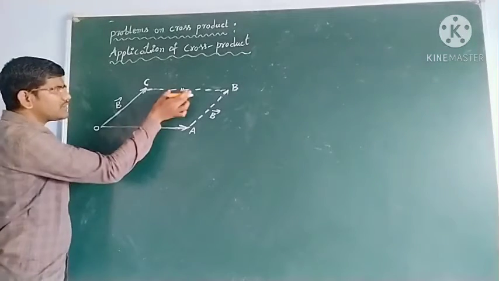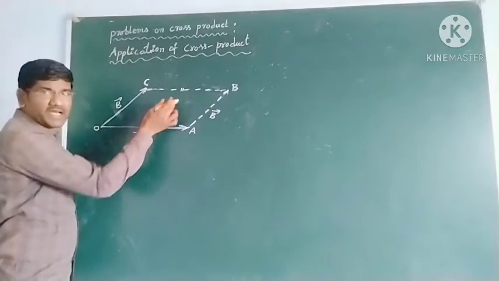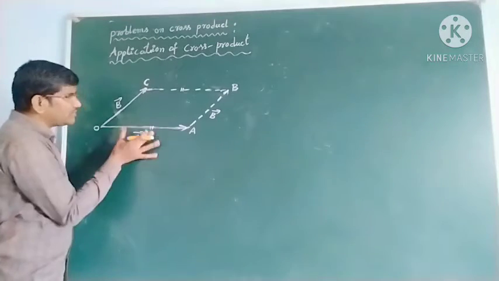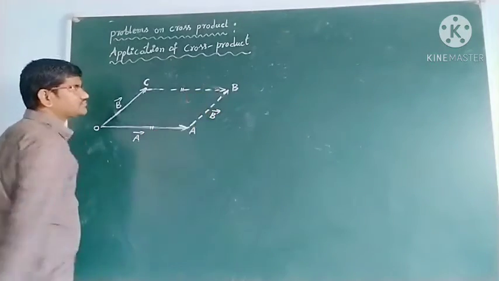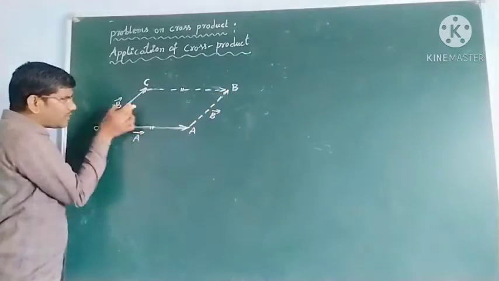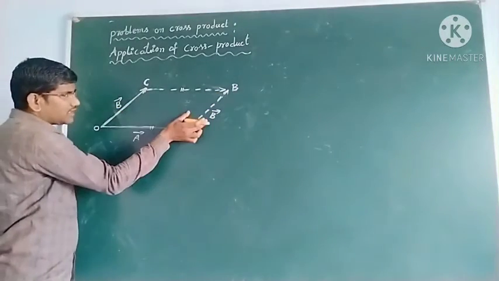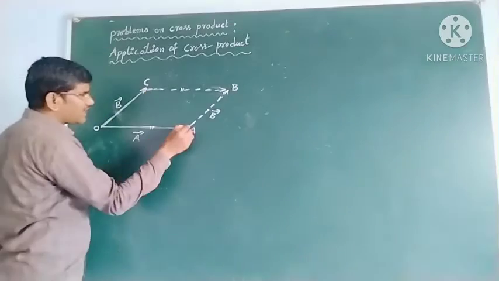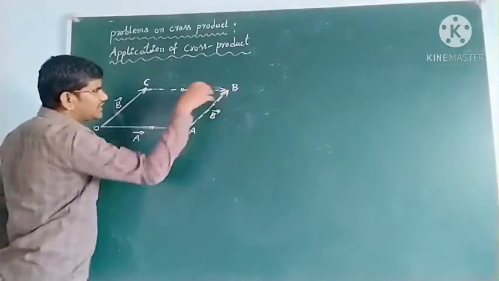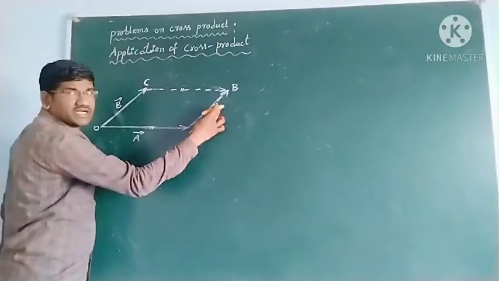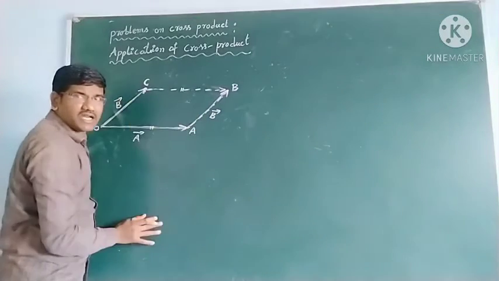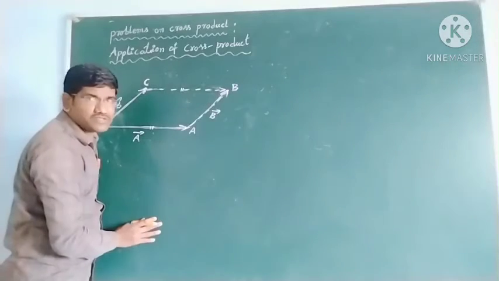This length is same as that of this length. These two parallel sides are equal in magnitude. So directions are also same. Means same vector I am taking here. And now you know this is B bar vector. Then this is also B bar vector. This is called the same vector you take here without changing the magnitude and without changing the direction. Direction I did not change and magnitude I did not change. Just lateral displacement. So shifting the vector laterally, nothing will happen to the vector.